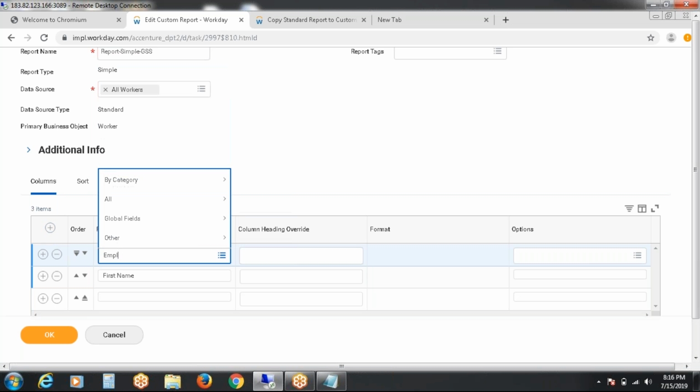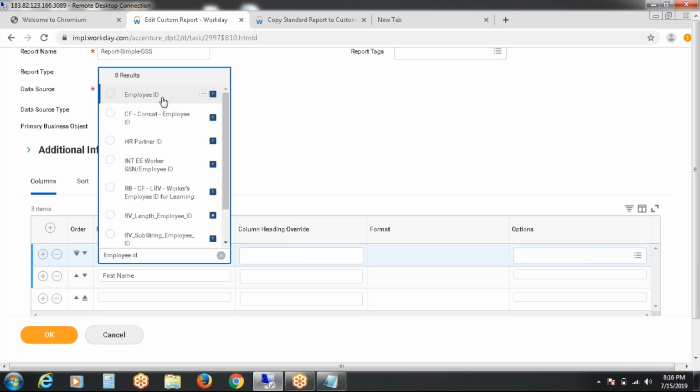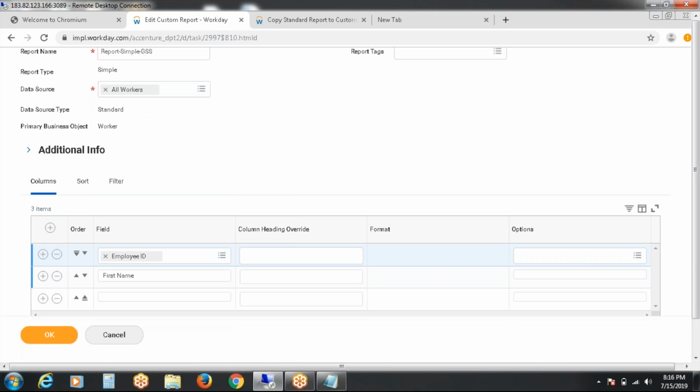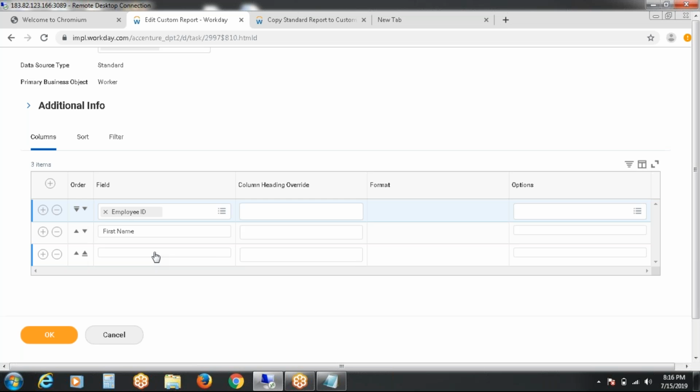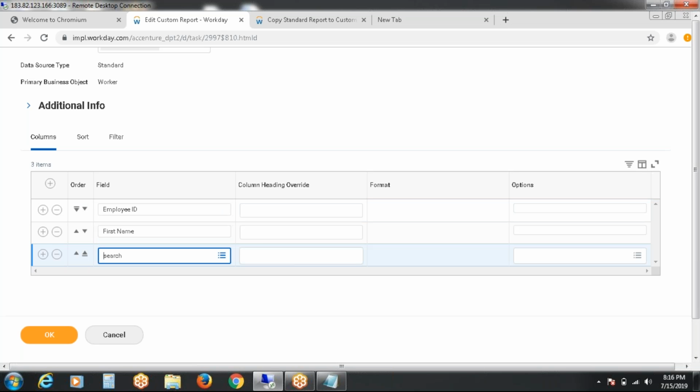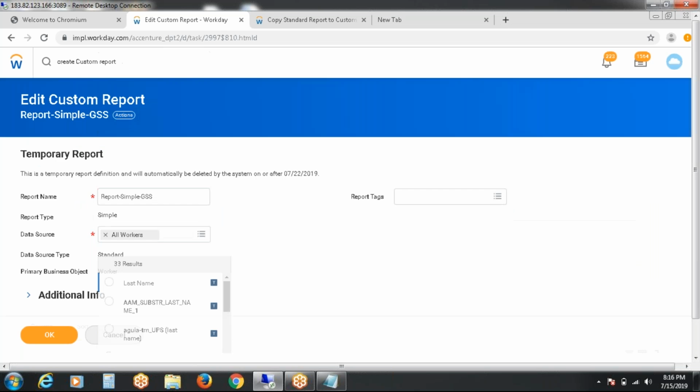I would like to add employee ID. Only in very rare, very simple scenarios will we use a simple report. The other one is last name.